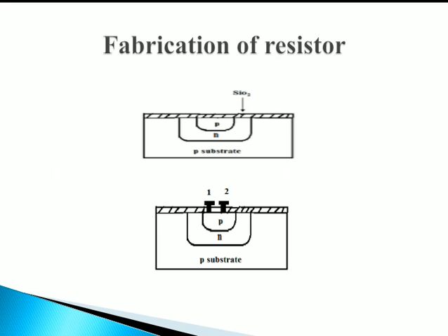Next is fabrication of resistor. Now when we are speaking about fabrication of resistor, first is what? Diffusion of N-type material into the P substrate, where your N will act like one plate of the resistor, and again your oxygen will be blown over the surface to complete the SiO2 layer, right? For a resistor you need two terminals. So the process remains the same, only it depends upon how many terminals you need. Those many contacts have to be made.